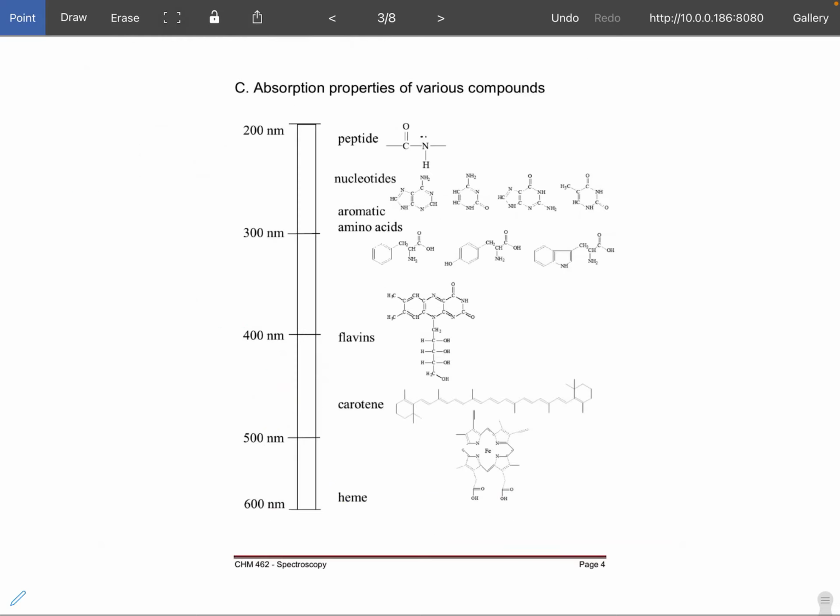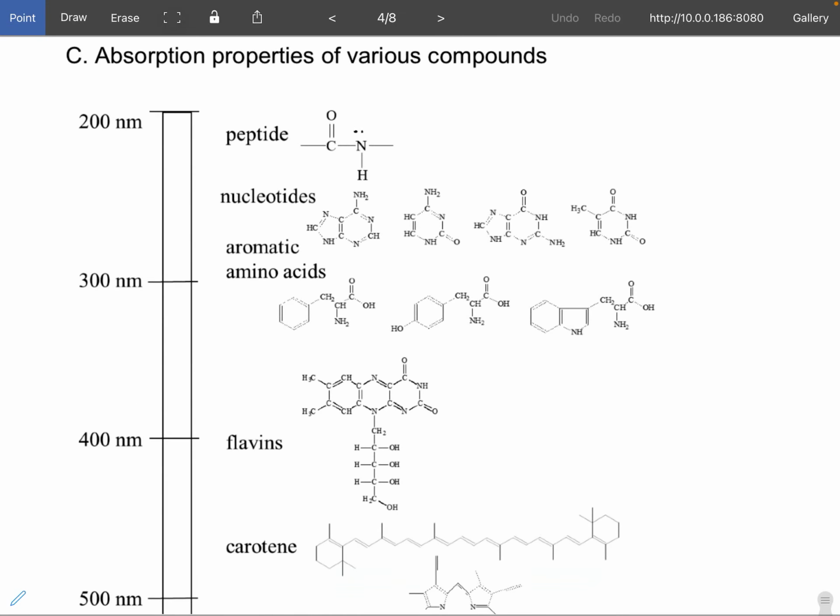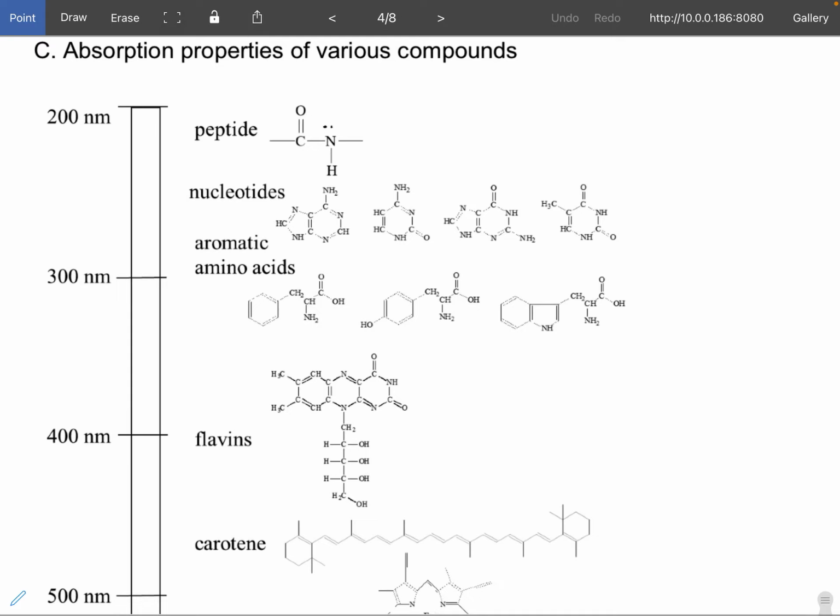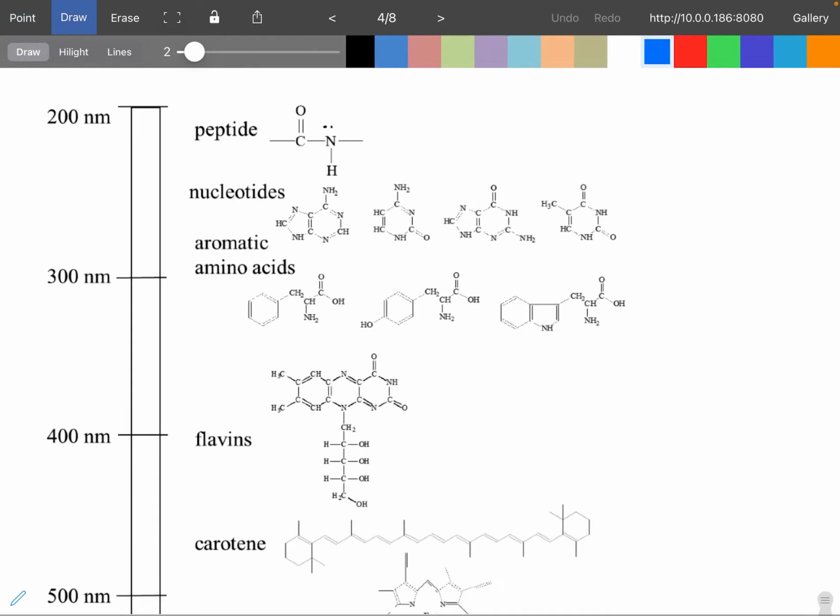But let's look at absorption properties of other compounds, ones that are particularly relevant to biochemistry. And notice we've got the scale of the spectrum going vertically here, going from 200 up to 600 nanometers. And most biologically relevant molecules are going to exist somewhere in that range. So we're looking at UV down at the low end here. So UV, we're kind of in the 200 to somewhere around 350